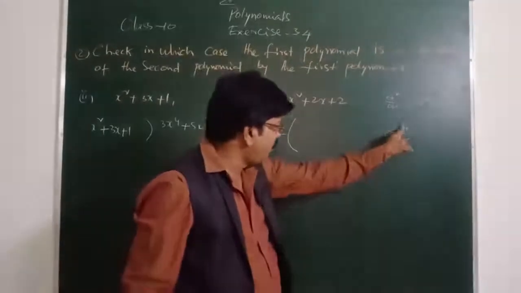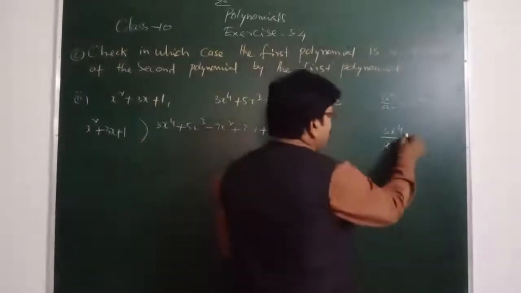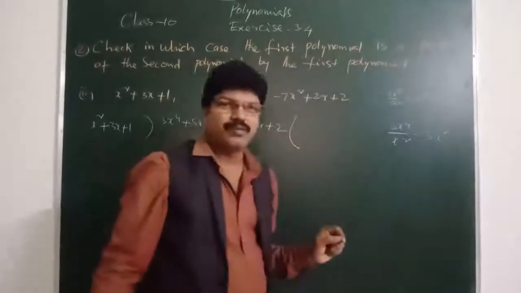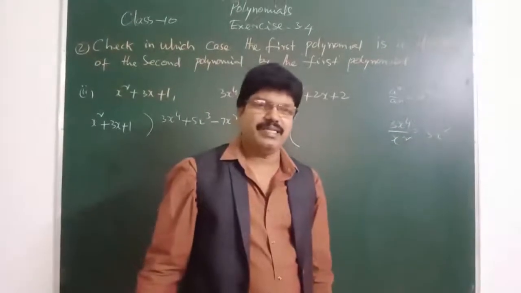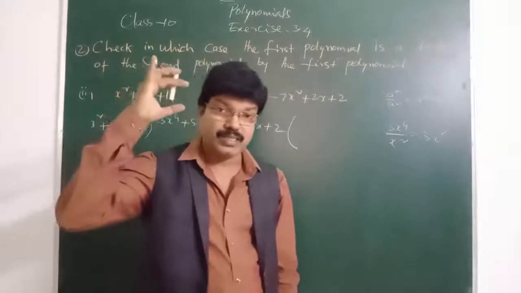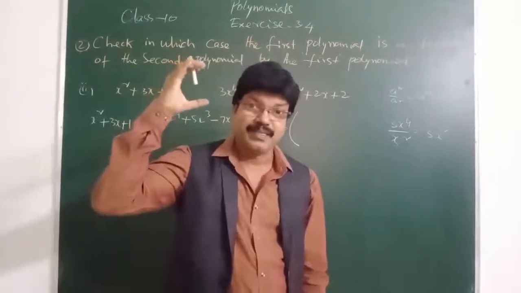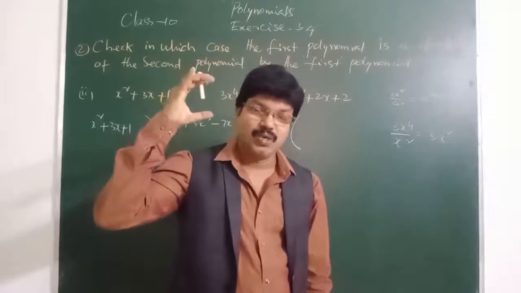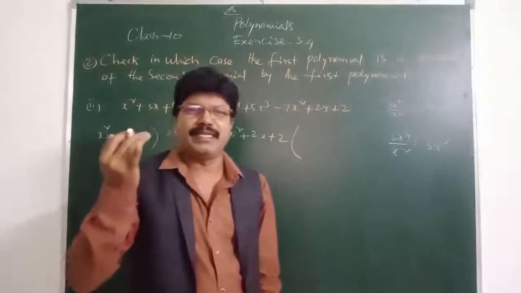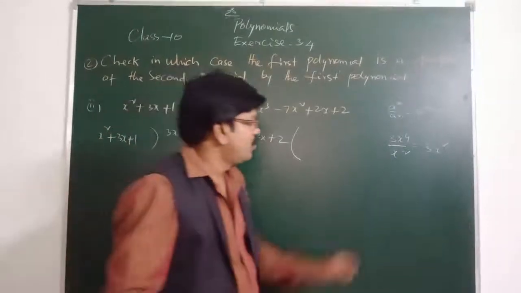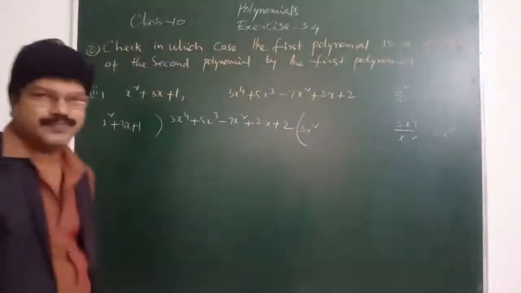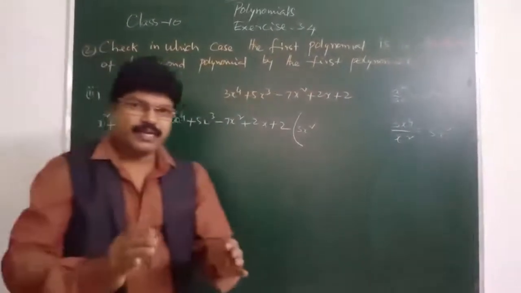So, immediately you can write 3x power 4 minus 2. We don't do any other steps because you are studying 10th class. Some calculations are going on in your brain. You are being a speedy respondent. So 3x square is the first term of the quotient. What is very next?